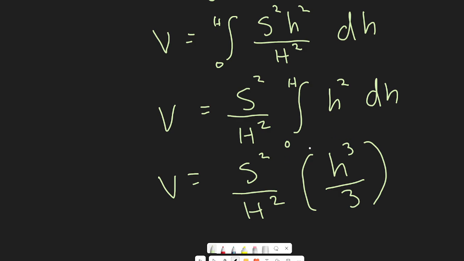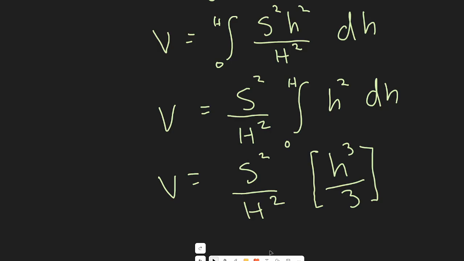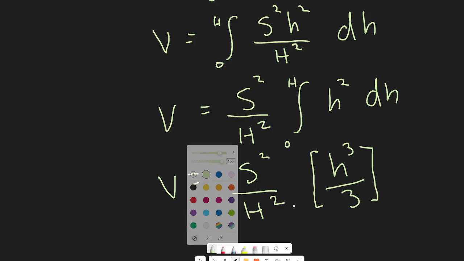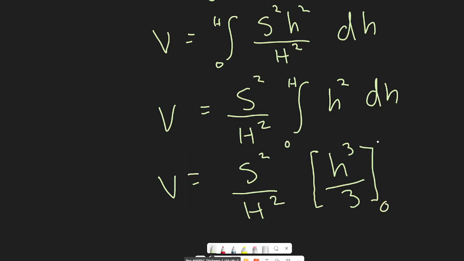So we set it from 0 to H. So let me actually erase this so that we can put our limits there. Okay, so we do that and that. Okay, so we have 0, or let's write it on the other side. Okay, so you have